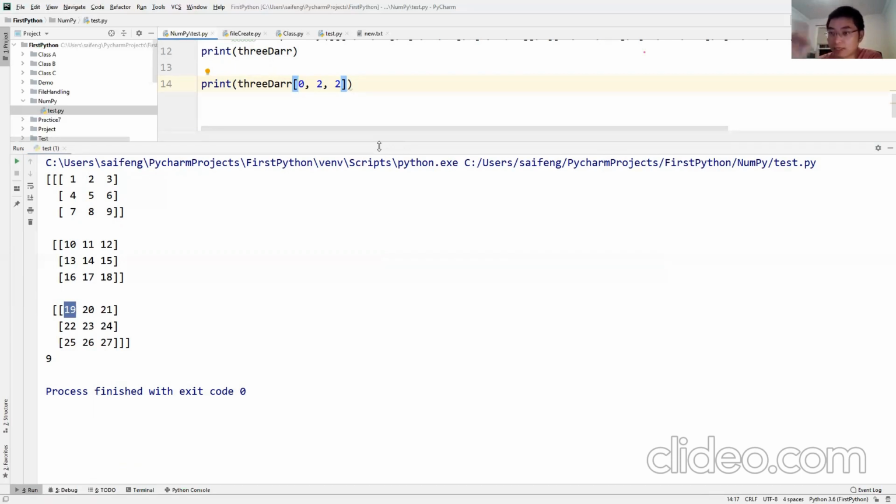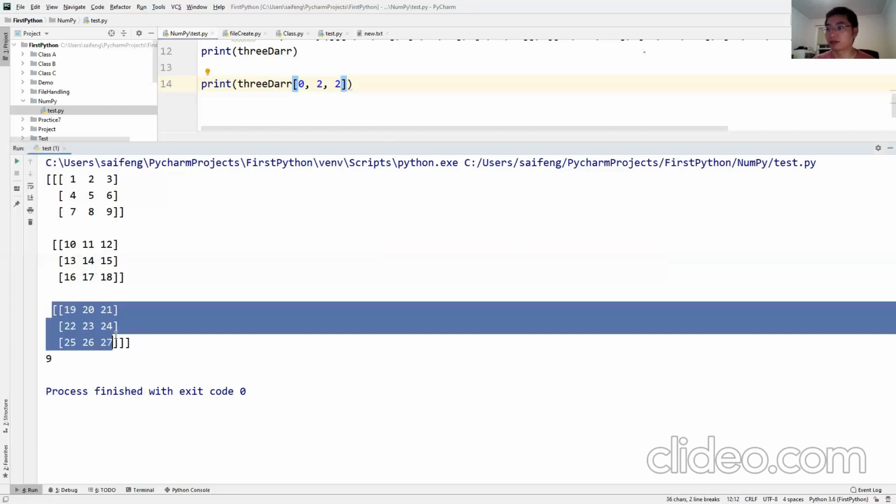The first index is which 2D array it is. So it was 1, 2, 3. The index for this 2D array is 7?